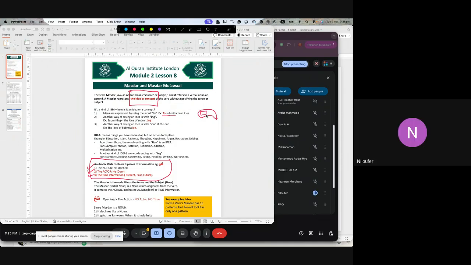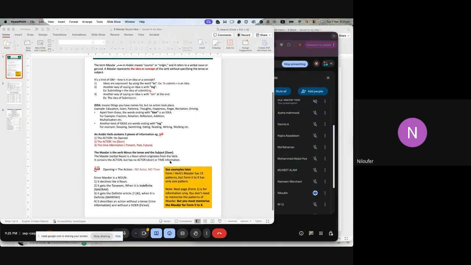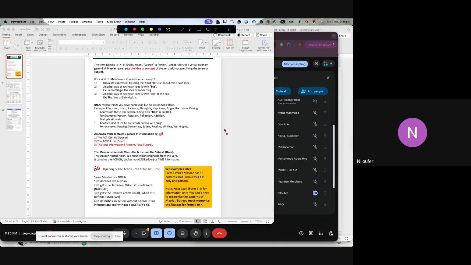Yes, Ustad. So basically, to say it in one simple word, it's a verbal action. It's a verbal noun, which represents an idea or a concept. To elaborate, Masdar is a verbal noun, that is, a verb which acts like a noun. Unlike the verb, it doesn't have the actor or any tense, but it is an idea. So it acts like a noun, that is, all the properties of a noun will be there. And to identify a Masdar, in the translation you will find tion, ing.